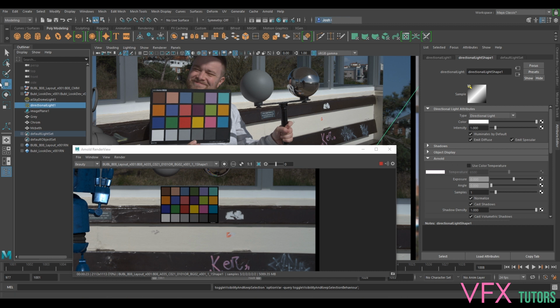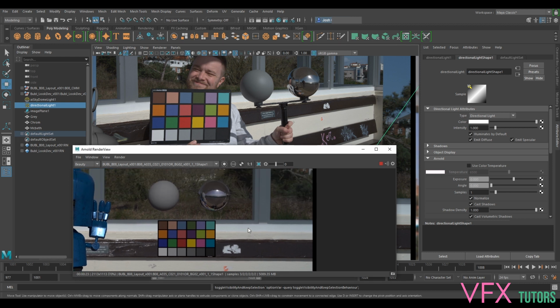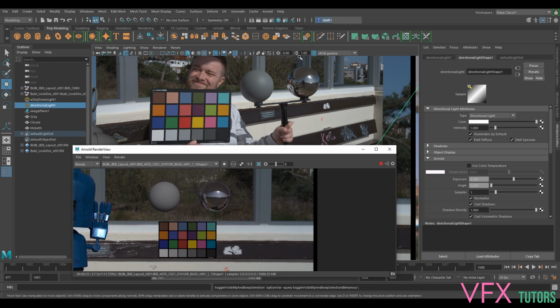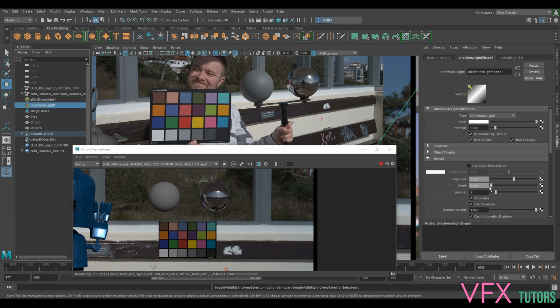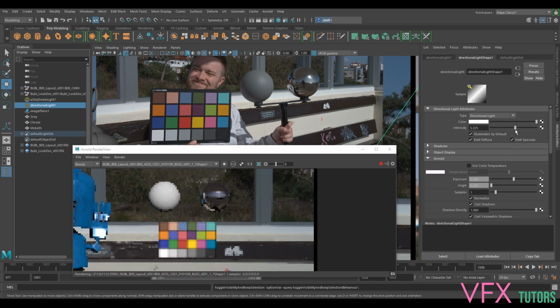So I'm just going to go to my directional light, which is going to be our key light, because I want to try and keep this sort of similar. It does look a little bit darker up the top, actually, so what we can do is maybe go to 0.18. And if we go to our directional light, we could probably put our exposure up to 1. And see the difference: if I do my intensity, see how that's bringing it all up. But now if I change my exposure,